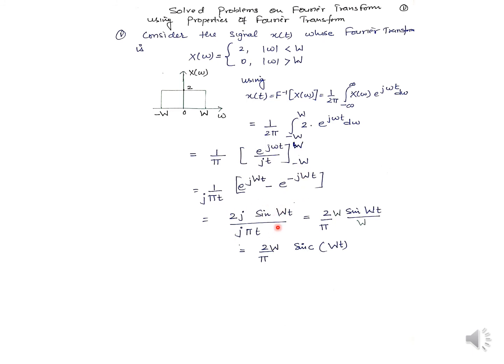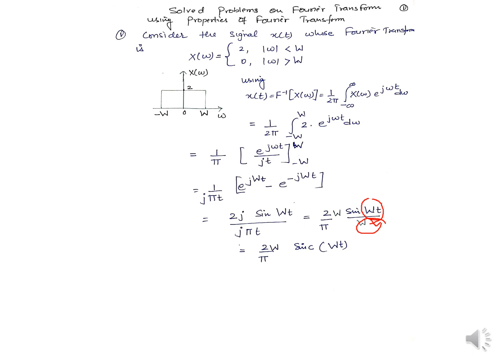Now here, if you see, we have something missing. We have a t here, but a t is missing here. So I'm writing a t here. Why are we doing this? If you remember the previous slides, this says that for the sinc function you have to create the same angle you have here in the denominator. Then you can write it as sinc wt. So the answer for this question is 2w by pi sinc wt. From where did we get this?